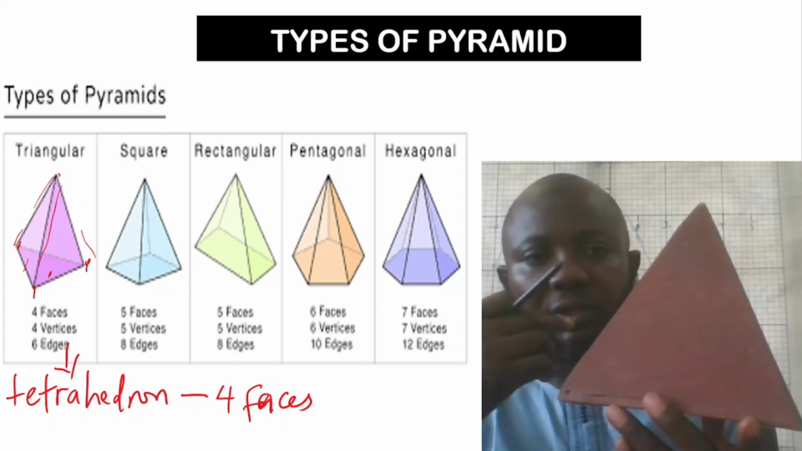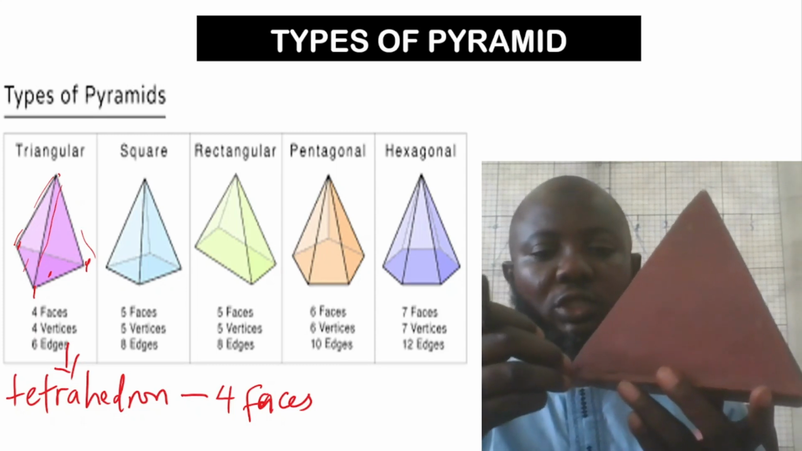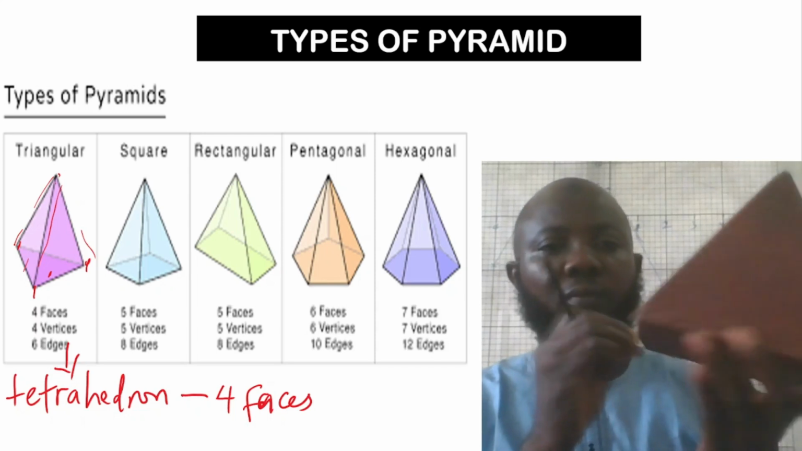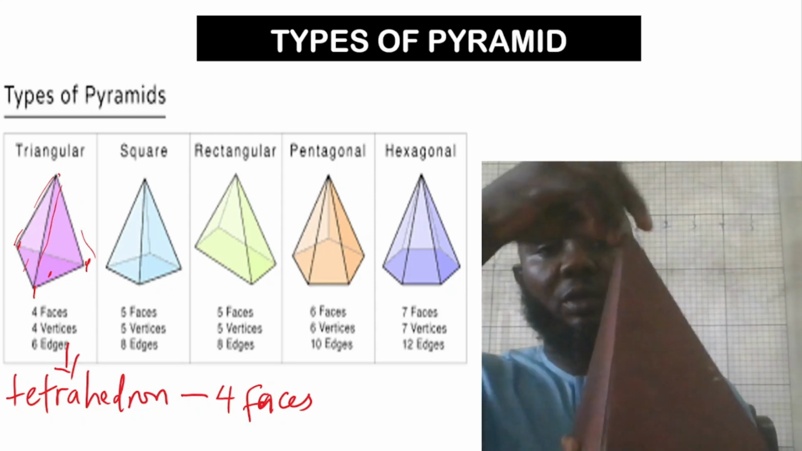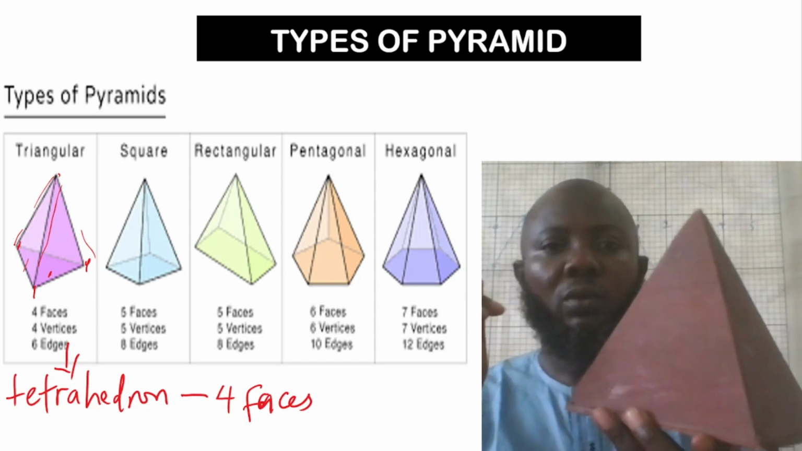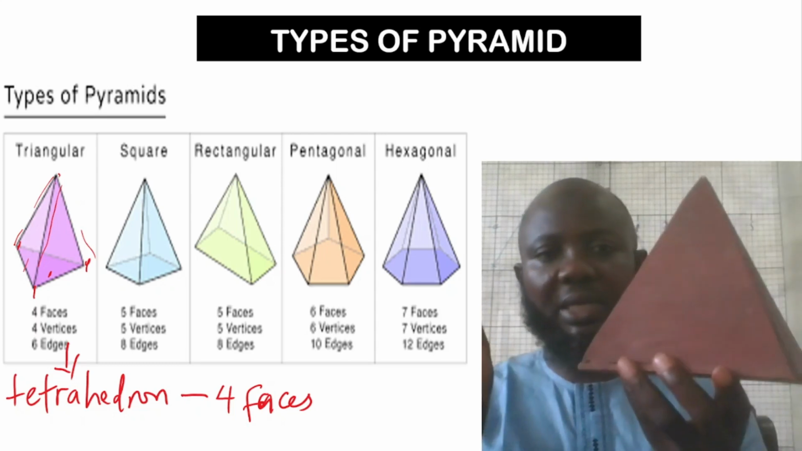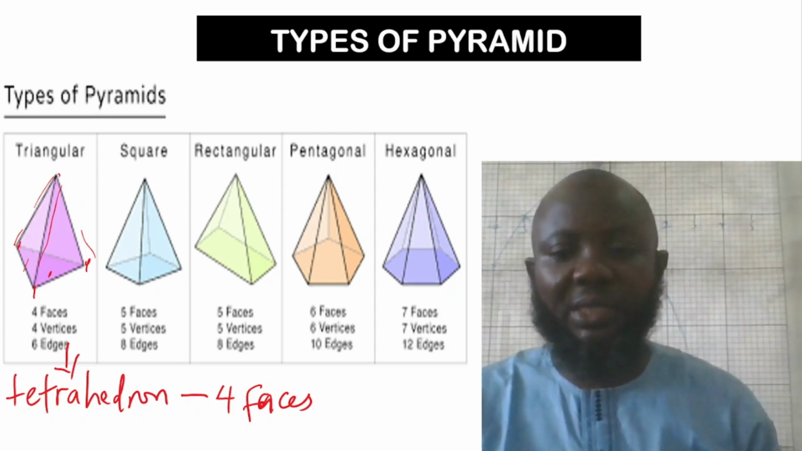It's a rectangular face. Then vertices. The number of vertices is also five. That is 1, 1, 1, 1, that is 4, then plus 1 making 5. Then edges: 1, 2, 3, 4. That is 4. Then here 1, 2, 3, 4. Making how many? 8 edges. So the same thing with rectangular